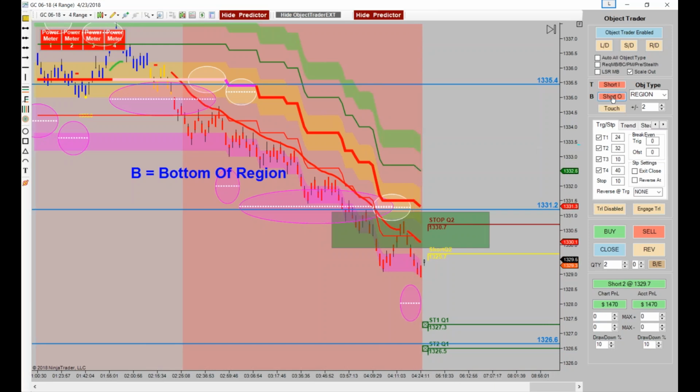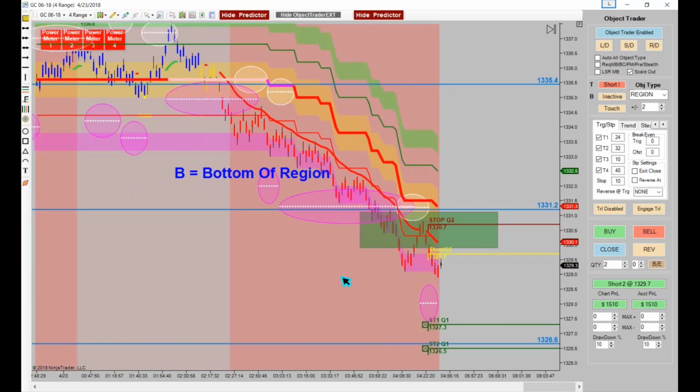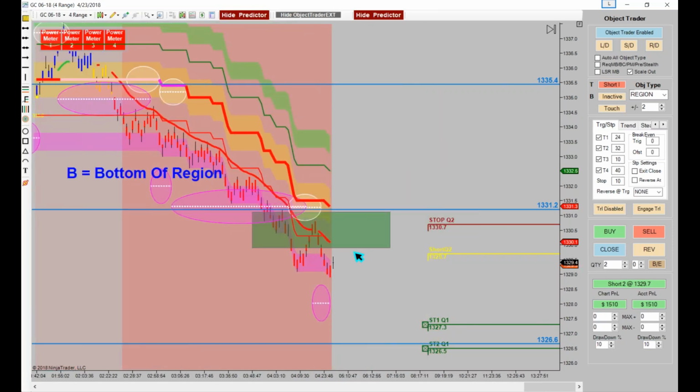Okay? Now, if I hadn't had this turned on, would that have ever fired that trade? And the answer is no. Because remember, T button is the top of the region, B button is the bottom of the region. So you've always got to make sure you're utilizing whichever one of those that you want to utilize. All right, let's go ahead and protect this trade. We got 2 on, so we're going to go